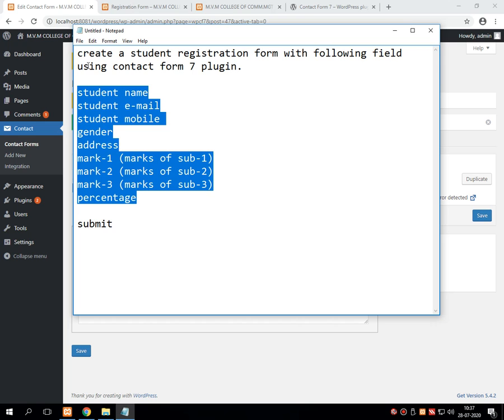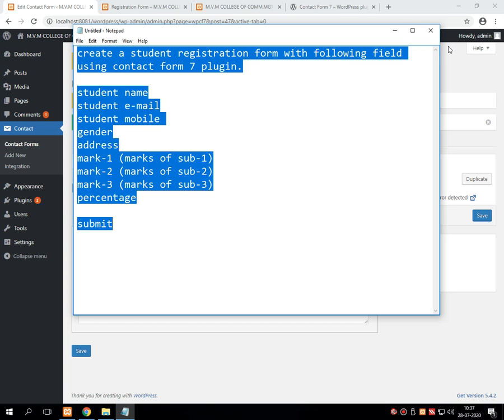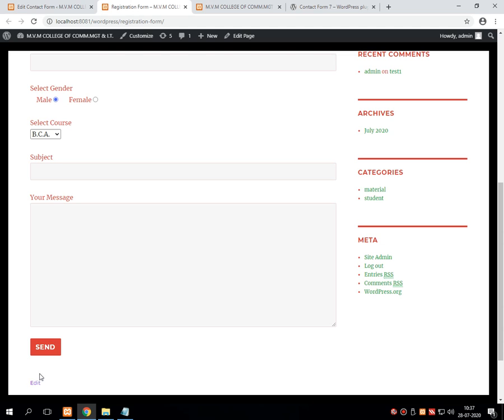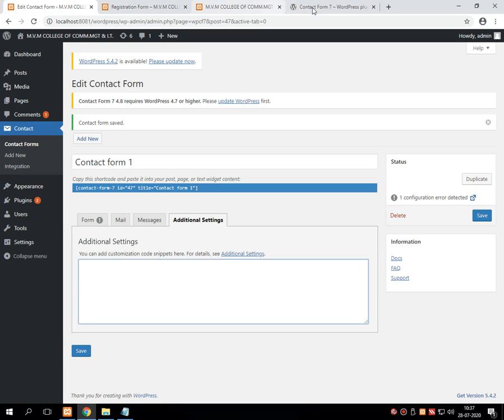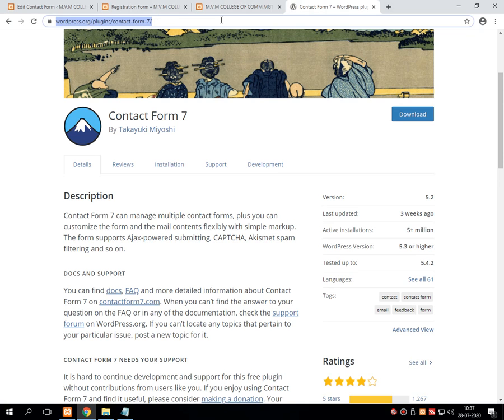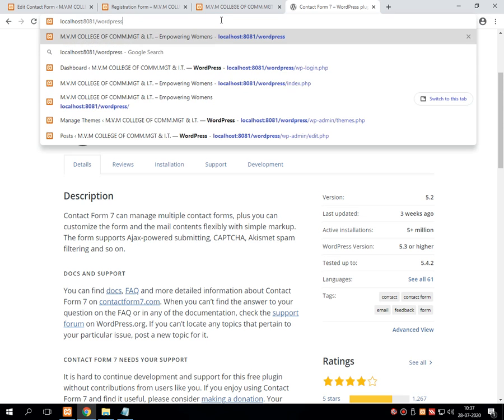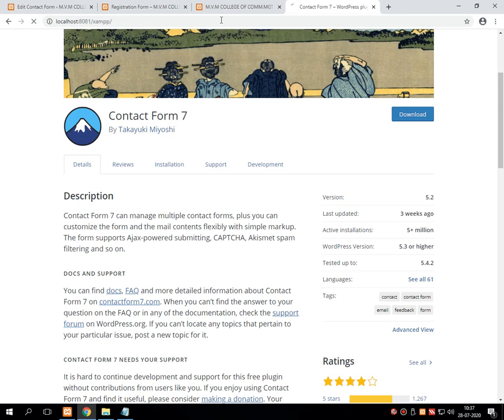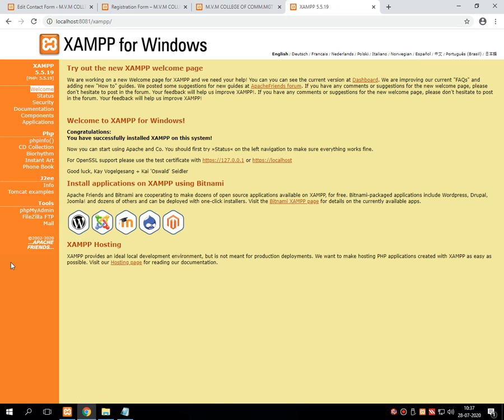Even in our practical, whenever we have entered some data, that data is to be stored somewhere. So we will see where that particular data is stored, and then we'll complete our session. For that, here I am opening PHP My Admin by writing this URL, then selecting PHP My Admin.